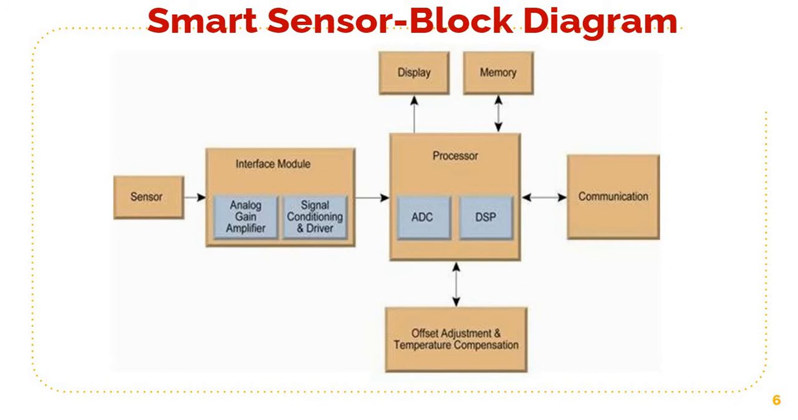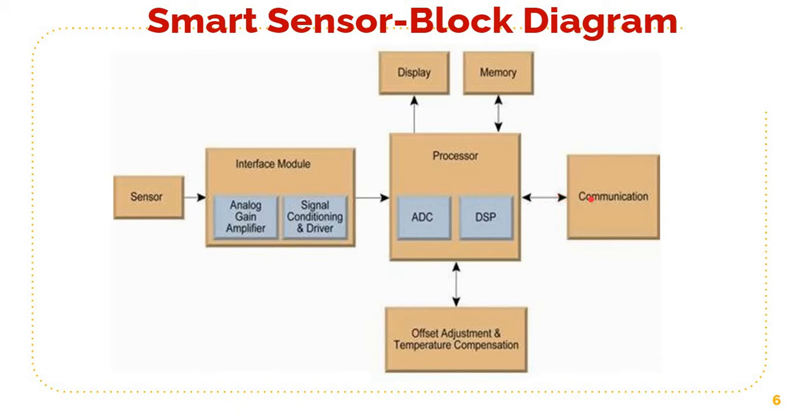Here you can see the block diagram of a smart sensor. This is the transduction part, or the transducer. We have an interfacing module, so the output of the sensor goes to the interfacing module. Inside the interfacing module, there are amplifiers, signal conditioning, and drivers. The output of the interface module goes to the processor part, which normally consists of the A to D converter, some DSP functions, and then finally